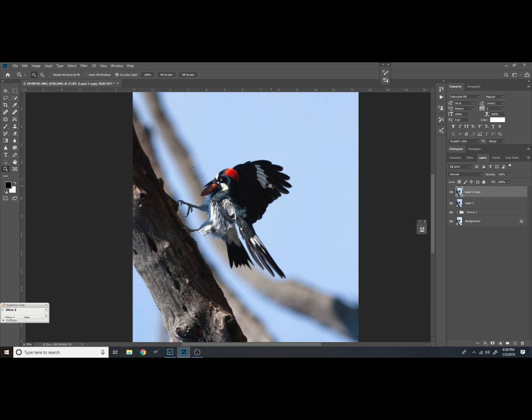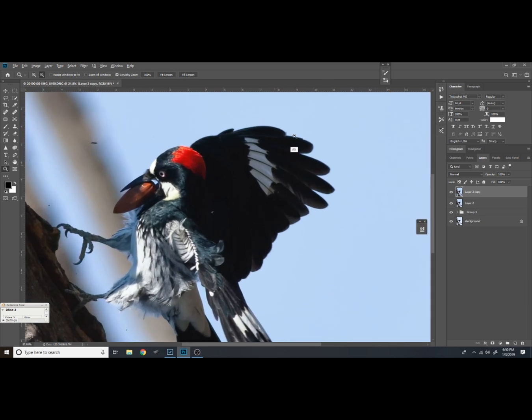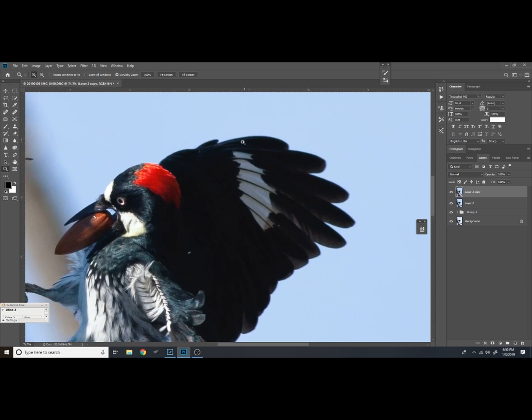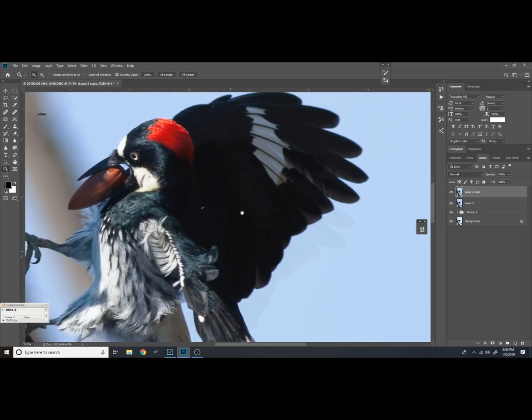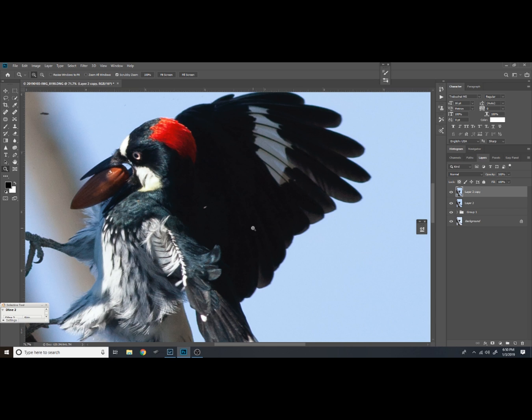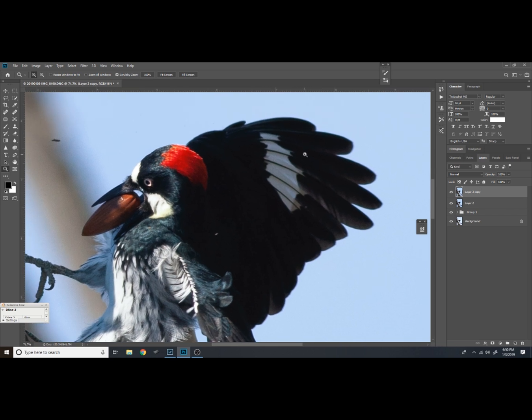So we've got that, and what I think I'll go ahead and do now is go in here, and let's zoom in here. I think the first thing I want to tackle is doing some selective brightening and darkening, dodging and burning, or curves adjustment layers, things like that. So let me make a new layer here. I'm going to select my lasso tool, and I'm just going to select loosely this white area in here of the bird's wing, and then I'm going to